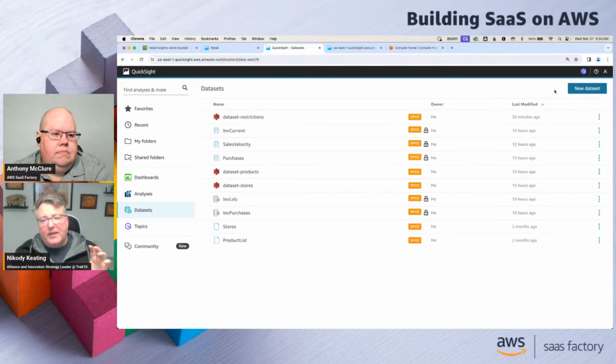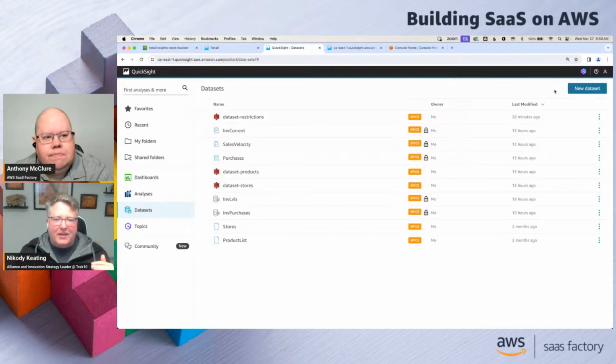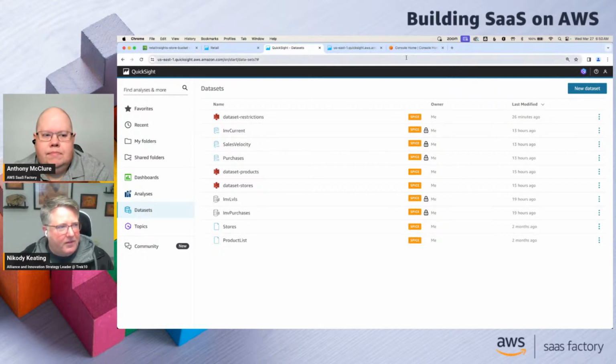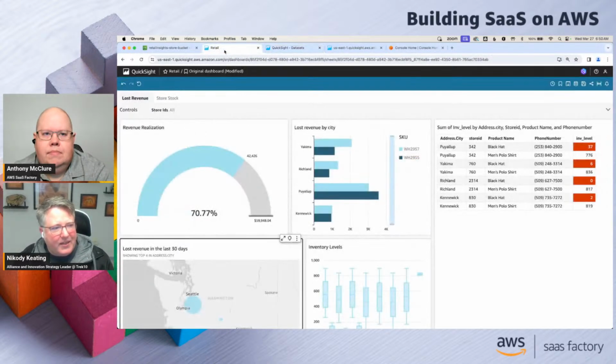Or QuickSight has the ability for you to leverage an iframe approach, where you set up that session. You can then point at specific dashboards and have those pulled into your web page and rendered. But they'll still have that QuickSight look and feel. But the nice thing there is that you also get the ability to have